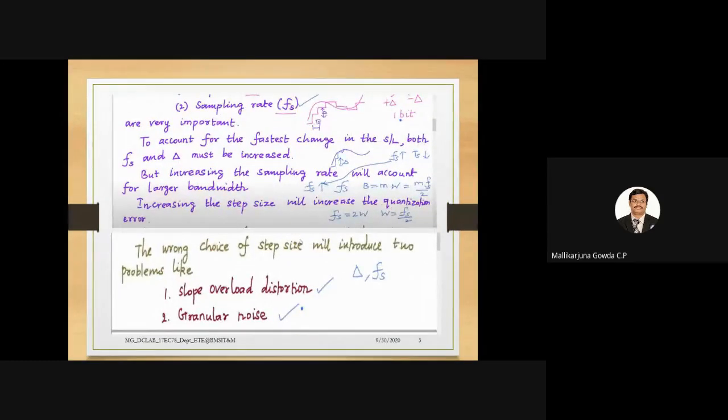I hope one small diagram is written here. Is this visible? I have written the analog input signal. See the steps, at what rate it is increasing. Sampling period and delta. Already I said when we represent by plus delta and when by minus delta. When it is plus delta, it will be encoded by binary information 1. When it is minus delta, it will be encoded by binary 0, I said, right?